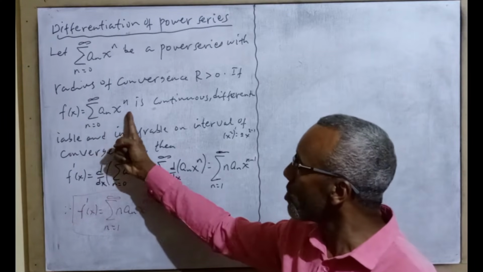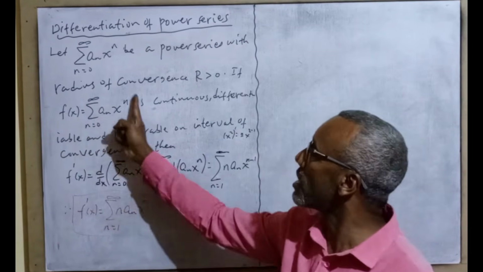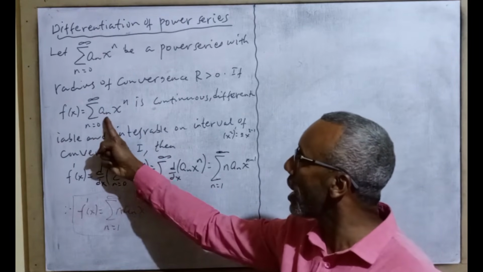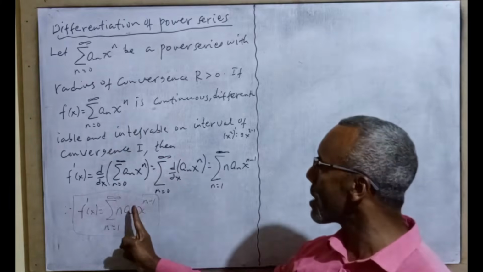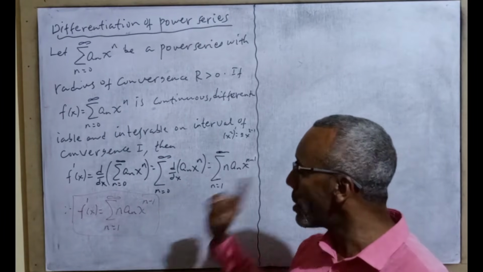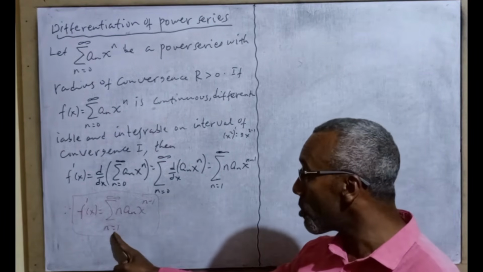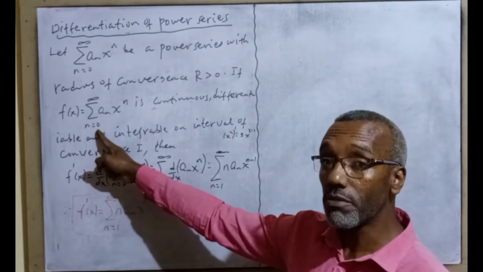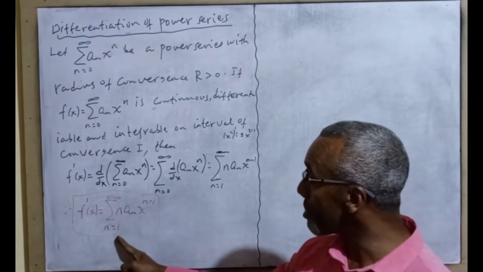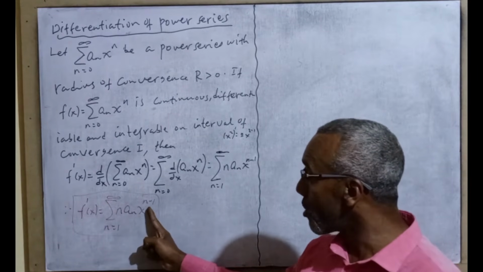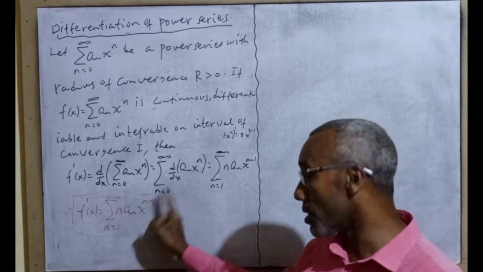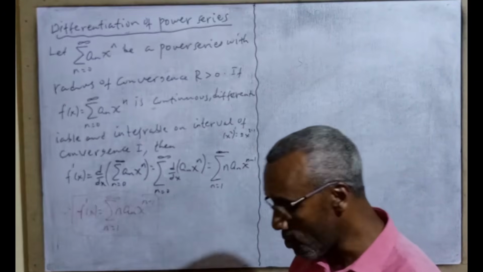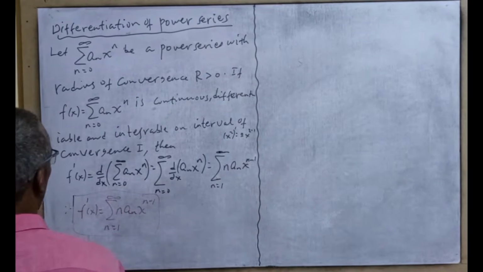f of x እንደዚህ ቢሆን የዚህ ዴሪቫቲቭ ማለት ነው። የዚህ ዴሪቫቲቭ ደግሞ ማለት n ን እዚህ ጋር አምጥቼ n ታይምስ an አድርጌ x raised to ከኤክስፖነንቱ ላይ አንድ መቀነስ ነው n minus 1 ማለት ነው። but in this case n ከየት ነው የሚጀምረው? ከአንድ ነው የሚጀምረው ሰሜሽኑ ማለት ነው። መጀመሪያ የነበረውን ፈንክሽናችን ከዜሮ ነው የሚጀምረው but እዚህ ጋር ደግሞ ከአንድ ነው የሚጀምረው ማለት ነው። because 0 ከሆነ ይሄኛው x raised to minus 1 ስለሚመጣ ማለት ነው 0 times n ነው 0 ስለሚመጣ ከn is equal to 1 እስከ positive infinity ድረስ ያለው ዴሪቫቲቭ ይሆናል ማለት ነው።